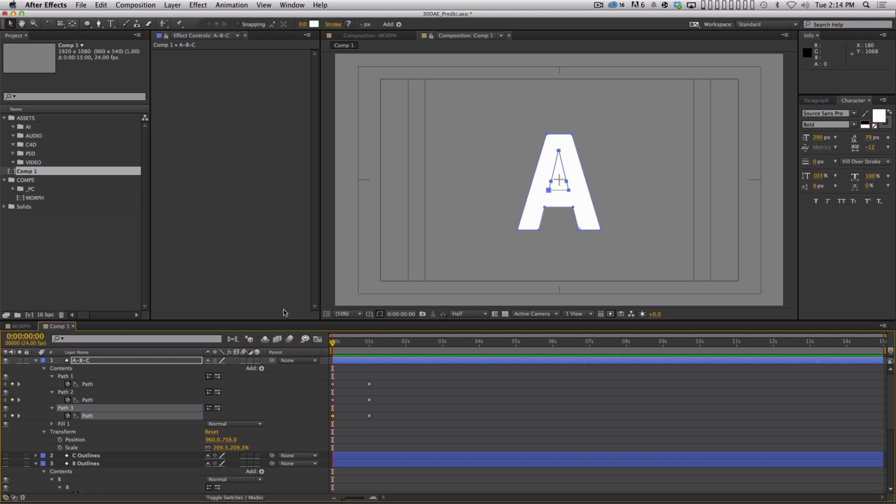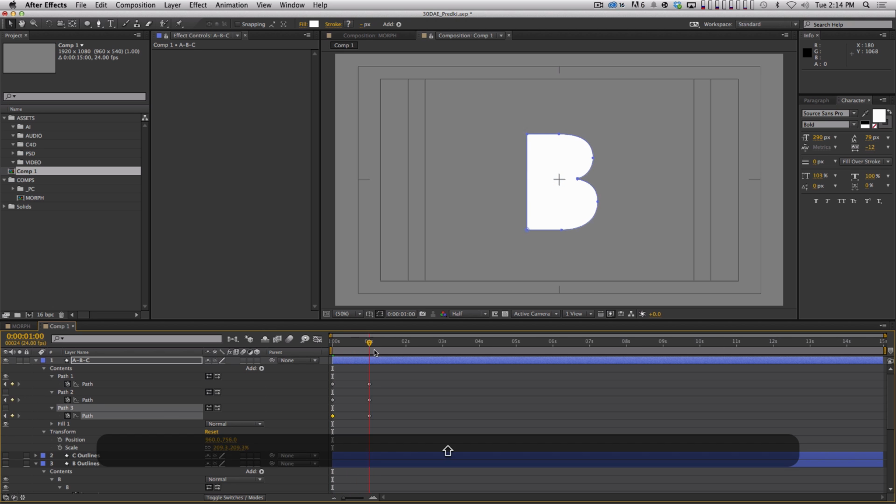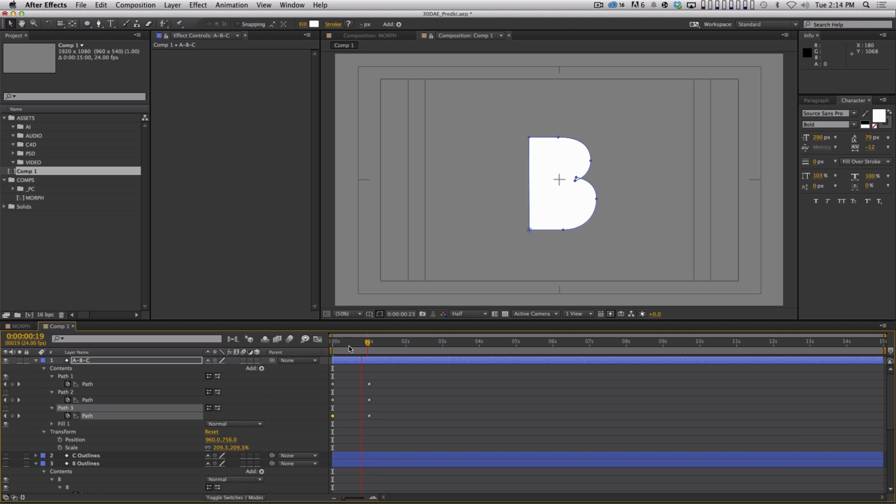And so let's start by just turning off path 2 and 3. I'm gonna turn off the visibility of those, okay? So let's just deal with the first part of this morph, the basic shape. So what's happening is After Effects looks at each mask or each shape, and it interpolates between this shape and this